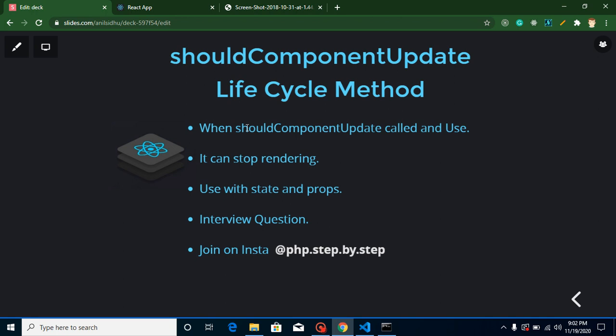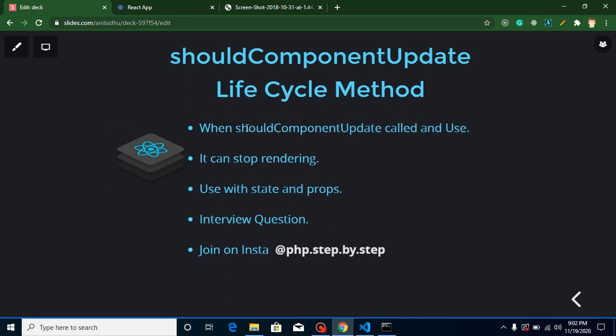At that time you can put a condition: if the state counter value is 5, then the component should not be updated, right? And this will improve your application performance. If there are some unwanted renders on a state, then you can stop them, and your application will work speedily, right?